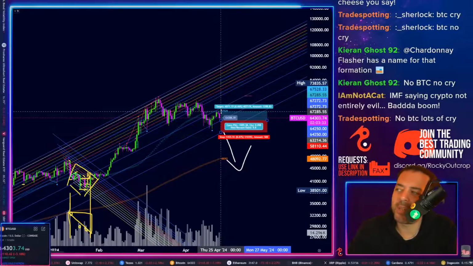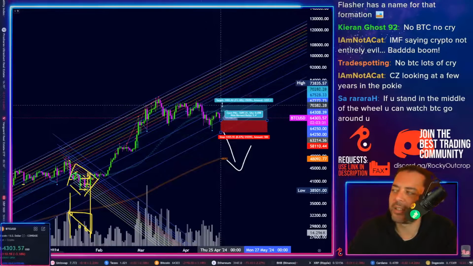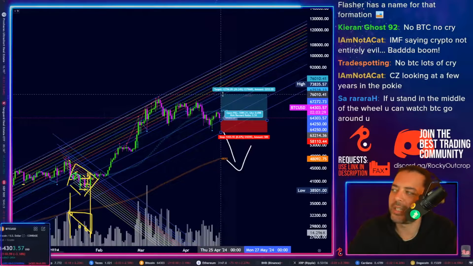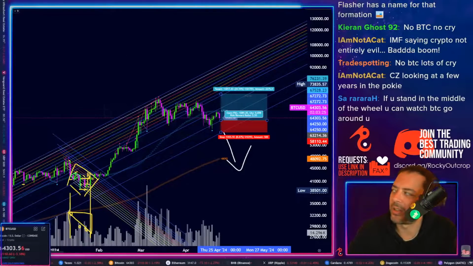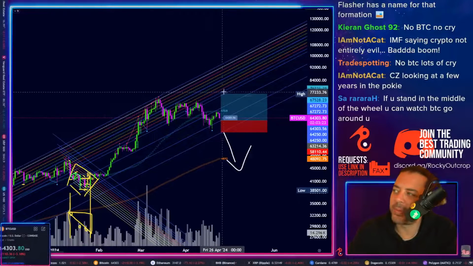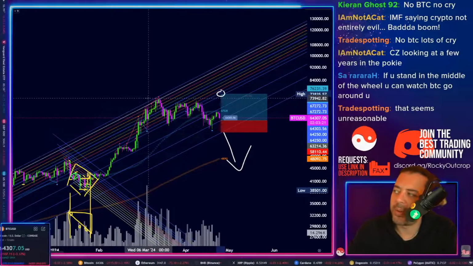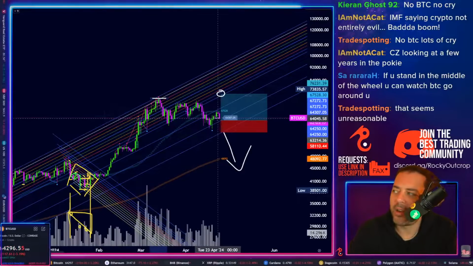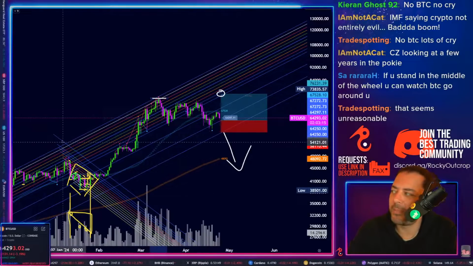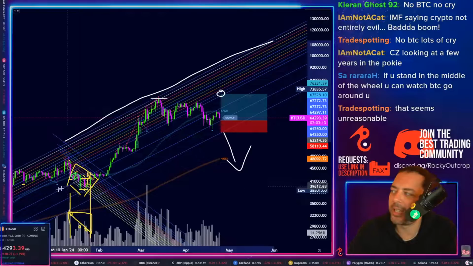Now, there's a good chance we get a bounce off of 67,000 something, where the 50 simple period moving average is, but my target on this one is actually all the way up towards $76,000. When we get towards $76,000, we will have done a few things. One is we'll have taken out the all-time high, which is over there. Another is that we'll have made it back into this,